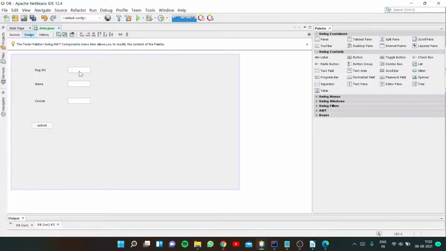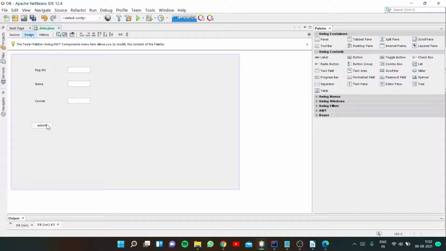What we need is to insert the data here; the user will insert the data here as well as here. So we are retrieving 3 of those data to the submit button. When the user clicks the submit, these 3 data will be saved to the database. That is the thing that we have to focus on, nothing else.